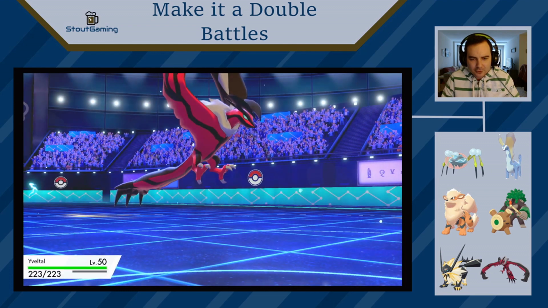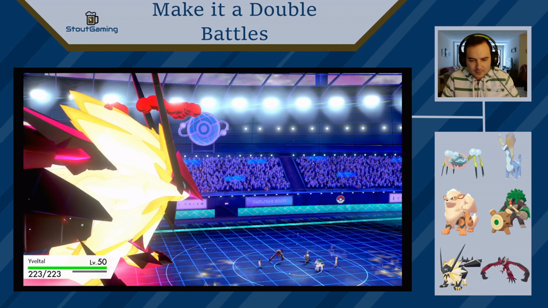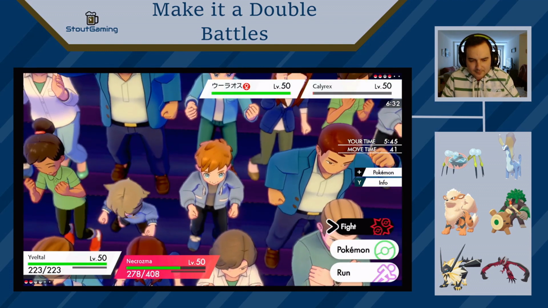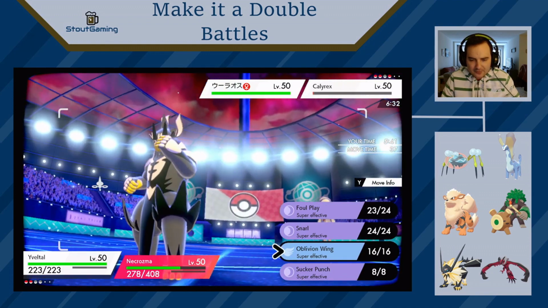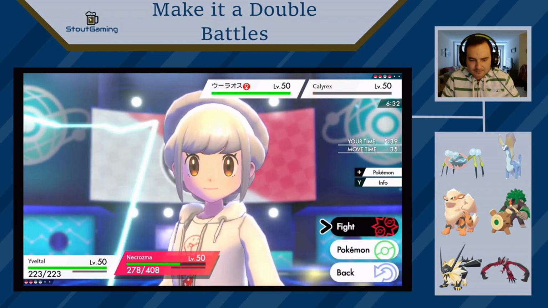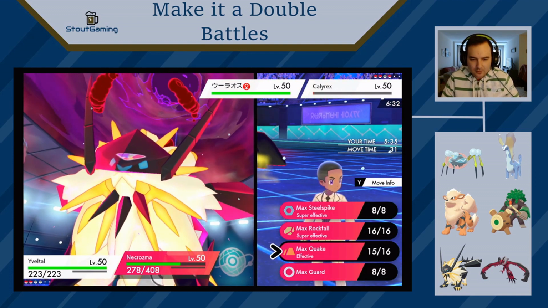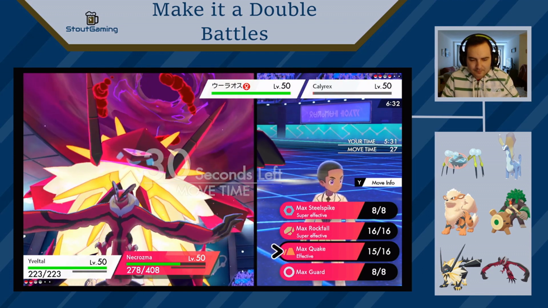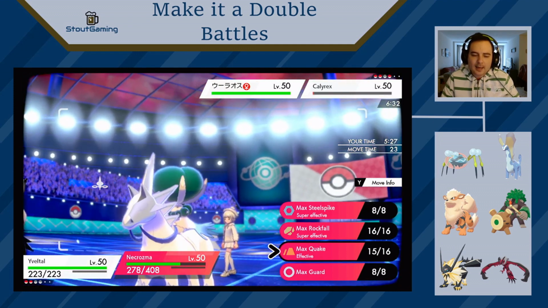Single Strike Urshifu. Trying to decide if Single Strike Urshifu is a problem. I don't think so, because we Oblivion Wing it. Wicked Blow's not going to tickle. But I need to kill this Calyrex this turn too. Right? Actually,